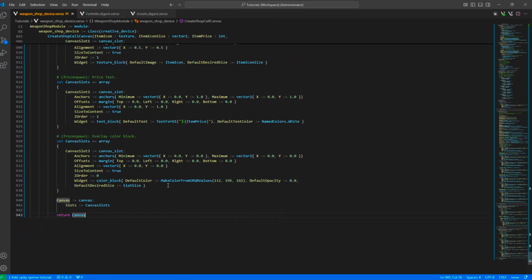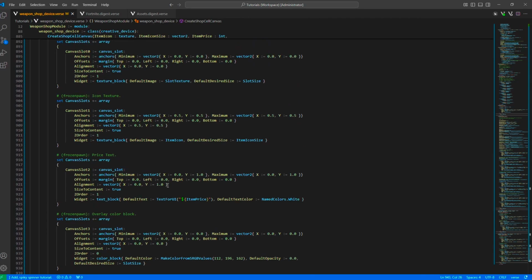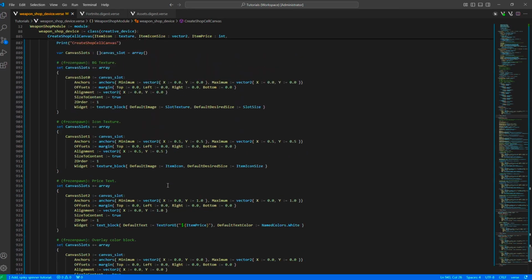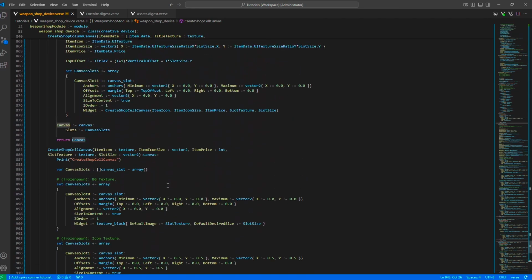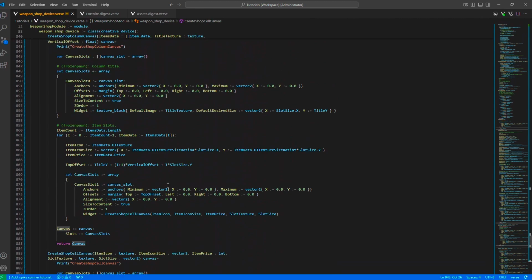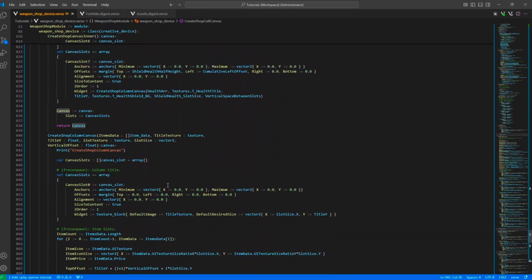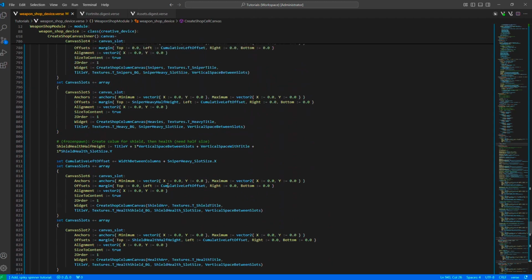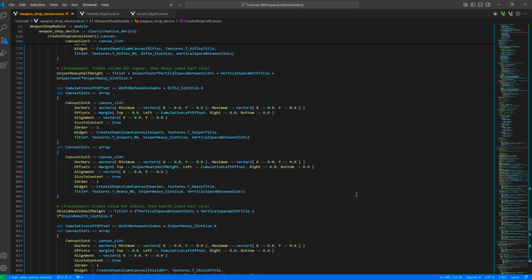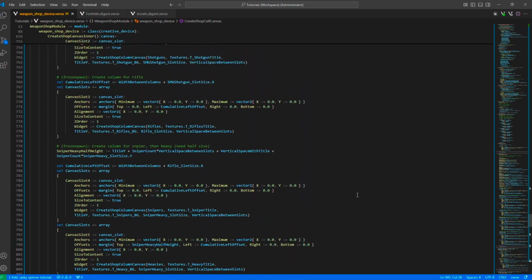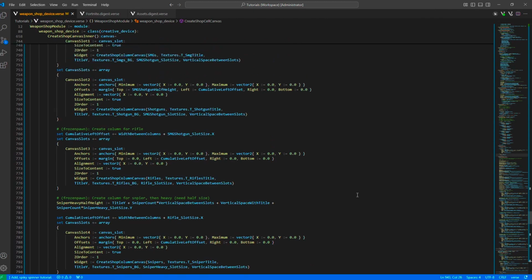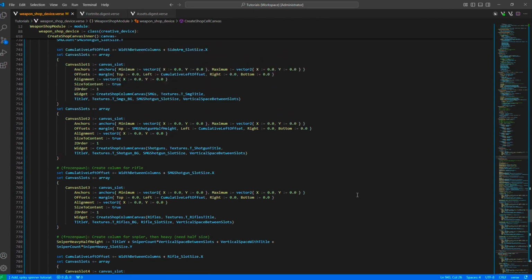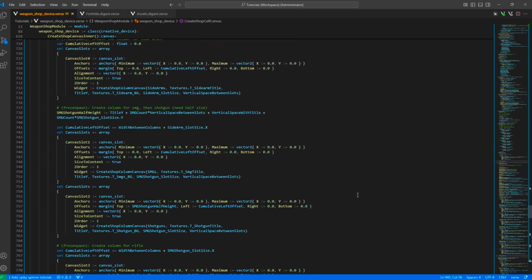Now let me slowly scroll up so that you can see all the code and write it yourself. Of course, if you don't want to write it manually, you can always purchase this code